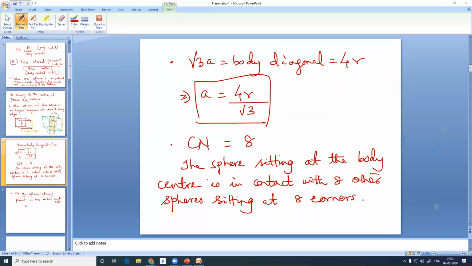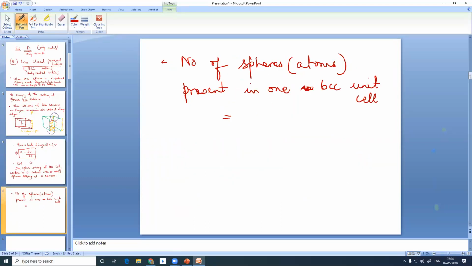Sonalisa, the new incumbent. Yes, Sonalisa. So, 2 atoms are there. What is the breakup? How do you say it is 2? Because at the corners there are 8 corners, so each corner is having 1 by 8. Yes, precisely. Okay, you have nicely answered. So the breakup is 8 into 1 by 8.